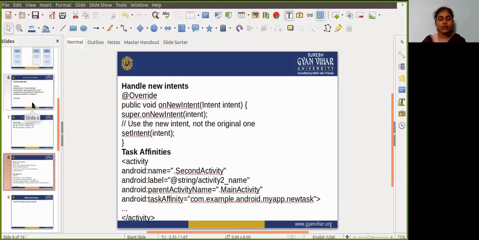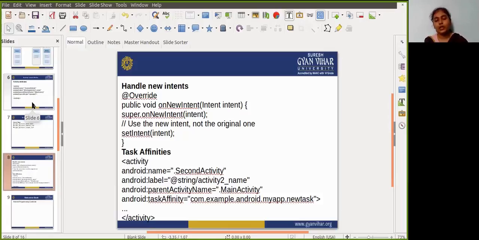As we are calling the second activity, write .SecondActivity, and in the label attribute write @string/activity2_name, and then in the parent activity name write .MainActivity, and then taskAffinity equals com.example.android.myapp.newtask. Then android:allowTaskReparenting equals true, and then just close the activity tag.